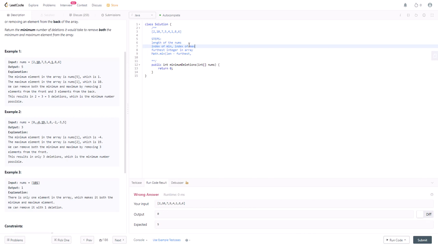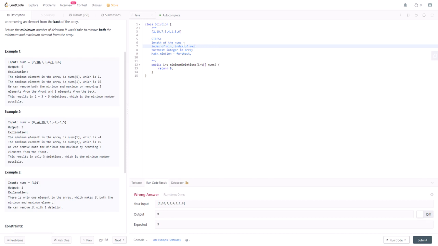So there are 3 possible ways. One is all the way down to here, right? This and then this. So it would be math.min length minus furthest, or we can just index. So if, for example, the last number is less than,